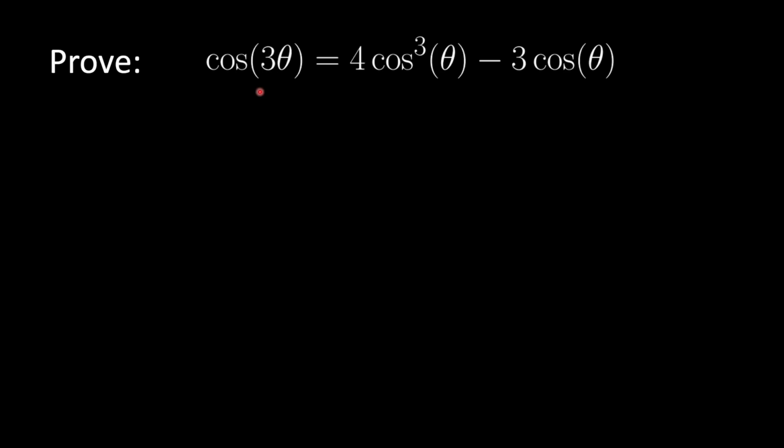The first step that we can take is to break down the cosine of 3 theta into terms of double angles and single angles. The goal of that is that we will be able to turn those new double angles that we form into single angles, and then we can have the entire expression in terms of just single angles, which is how we can see it's expressed on the right-hand side of this equation. So how can we break down this triple angle?